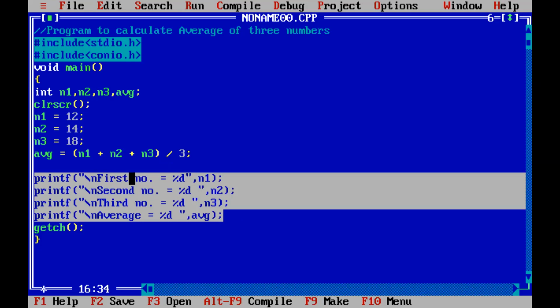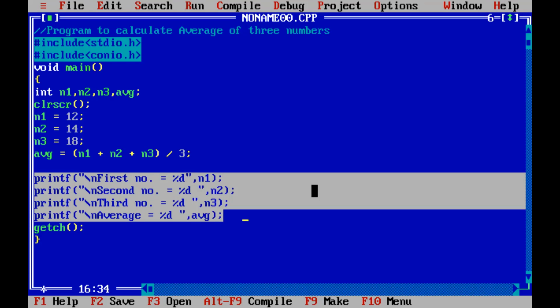So the first three values you can see, first number equals to, and first number is stored inside n1 variable. Then you can see second number equals to. So here the thing written inside double inverted comma is actually the message. We generally follow this type of thing in solving maths also. Means first number equals to this, second number equals to this, like this only. So these are the first statements to display the result. So here in this program, I am following a step by step manner to get the average value. Understood everyone?